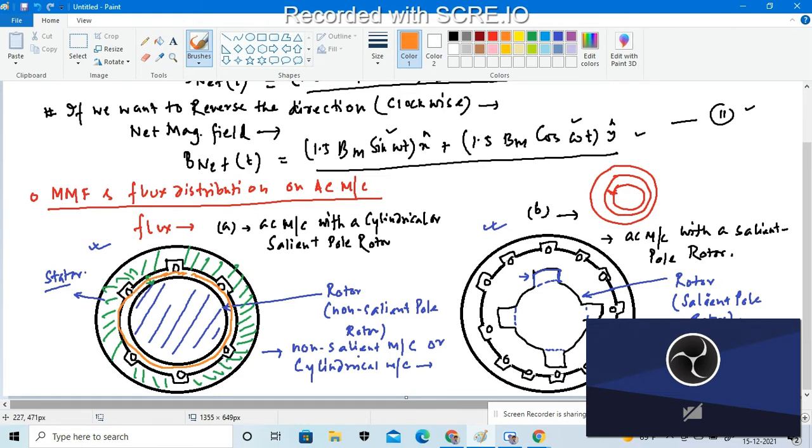Okay, this particular portion will be considered as having an air gap between the stator and the rotor. So we can say that the reluctance of the air gap in the machine is much higher than the reluctance of either the rotor or the stator. If the reluctance of the air gap is very much higher, then the flux density vector, which is assumed to be B, we will consider as a flux density vector.